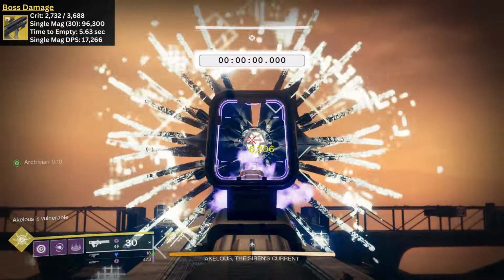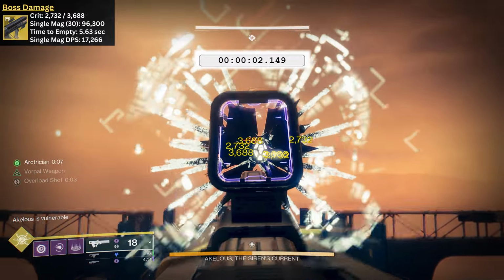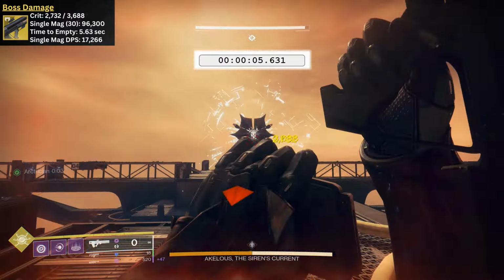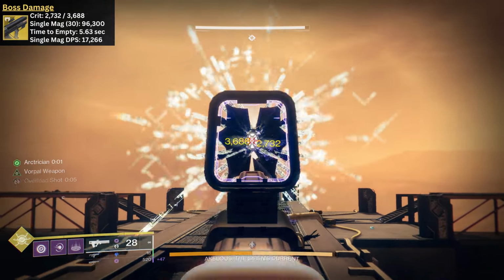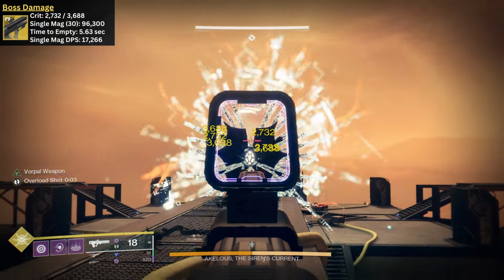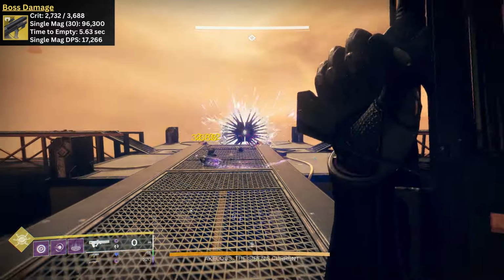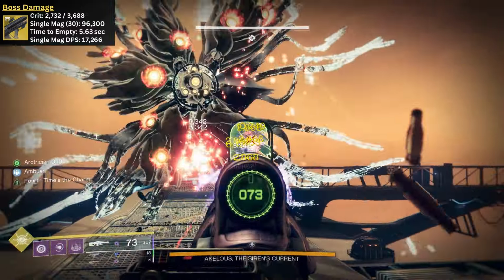So that's 6,426 if both land as crits, with 96,300 in a single magazine. The time to empty comes in at 5.63 seconds for a single mag damage per second of 17,266, which is okay. My socks are not exactly knocked off, but let's weigh that against a comparable legendary pulse,